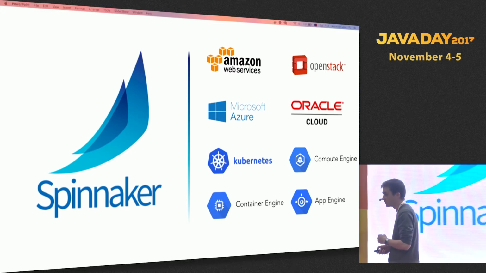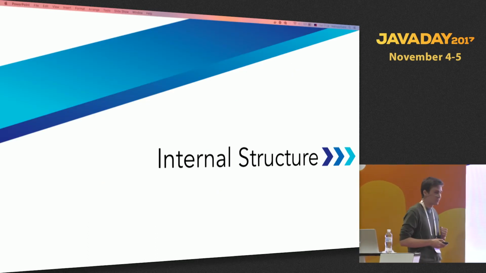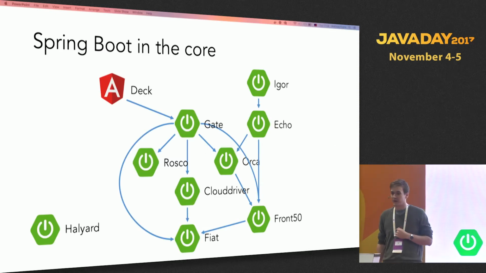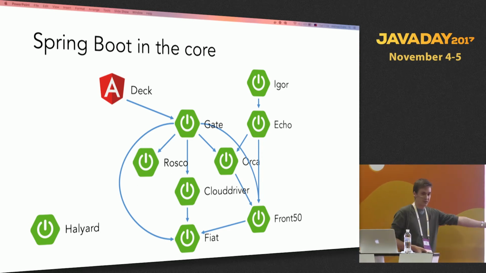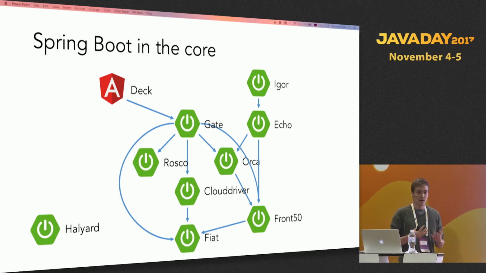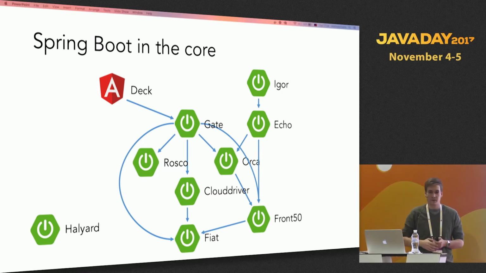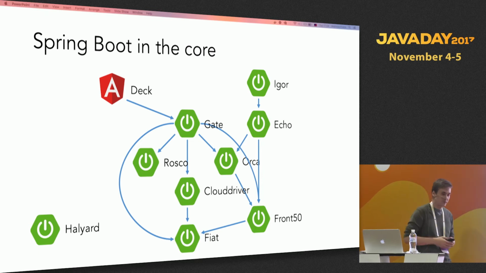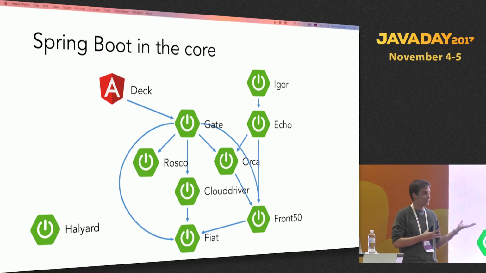All right. So what does this really look like, the internal structure of Spinnaker? Spinnaker consists of a couple of microservices, and they're all written in Spring Boot. That's pretty cool about that. It also allows you to go into Spring Boot and into one of these services and to really understand what's going on in these services. So who's using Spring Boot right now? Right. So I think about 80%. So having this architecture available is, for me at least, it was really easy for me to contribute to this